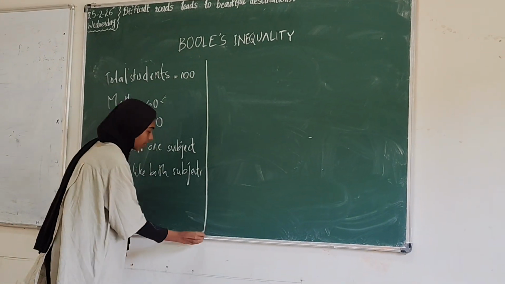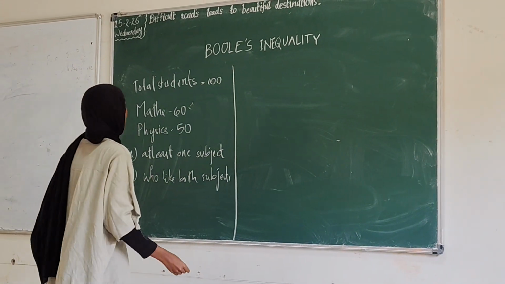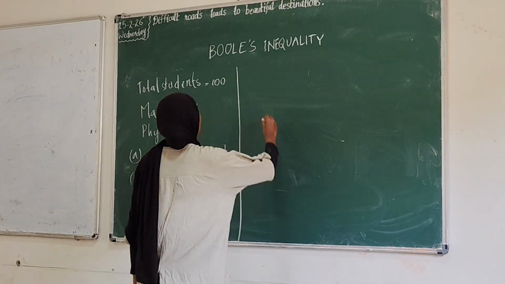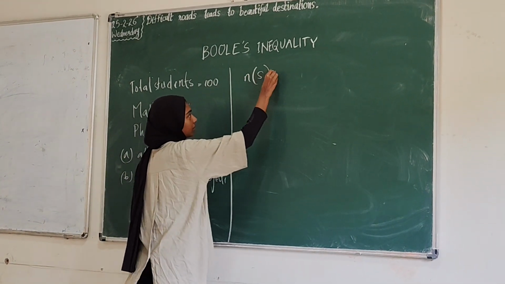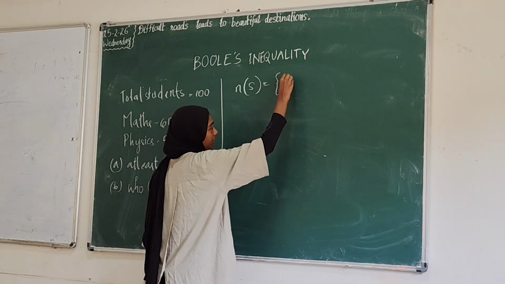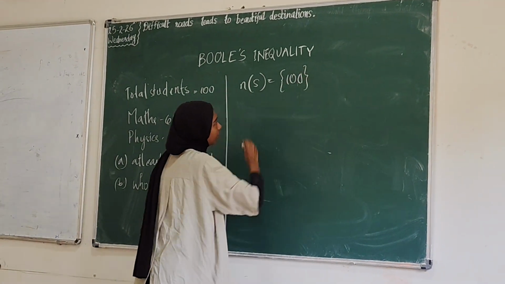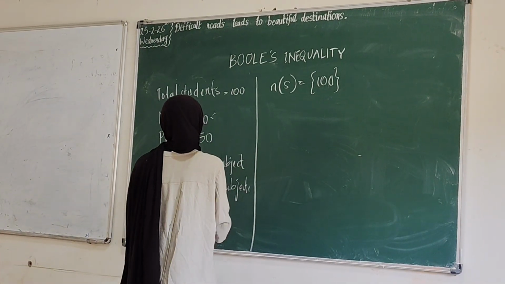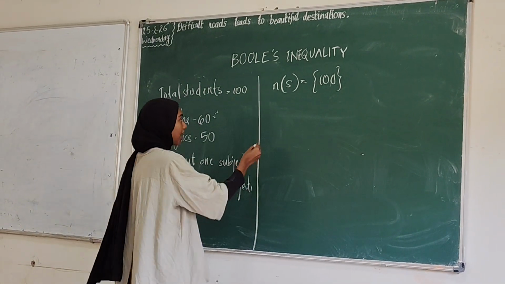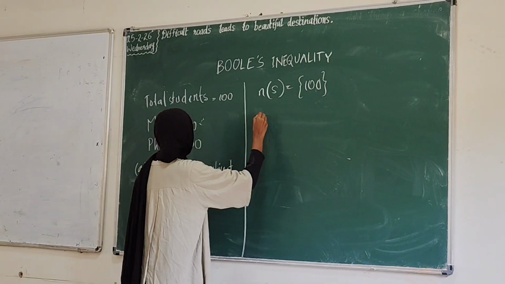So we know that the total number of students is 100. So the sample space here is 100, right? And we are taking the probability of the number of students who like maths. We can write it as